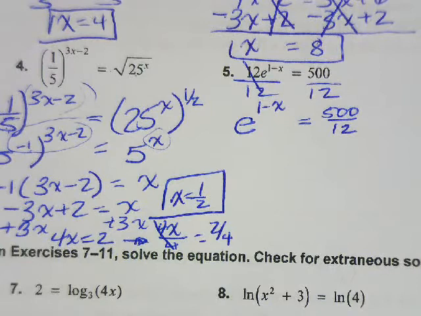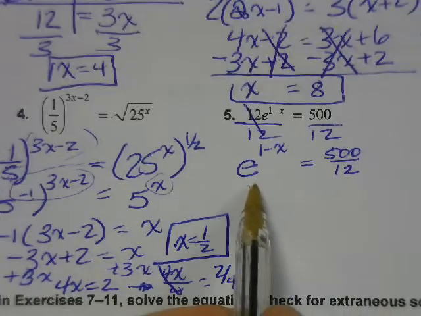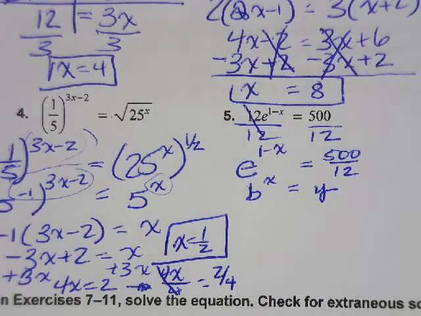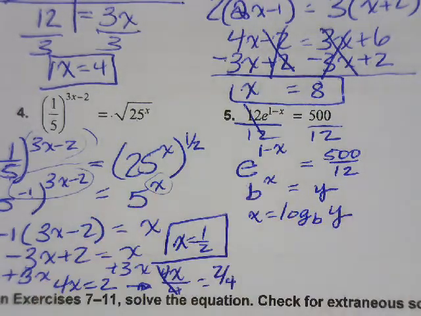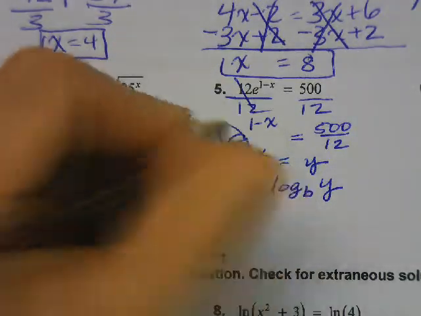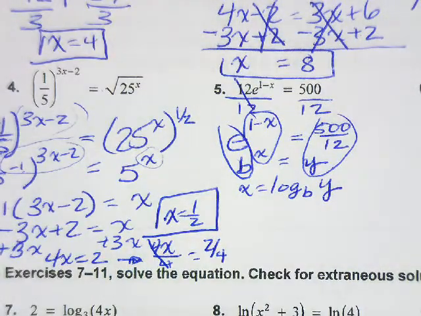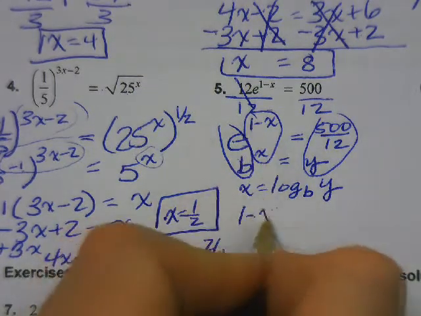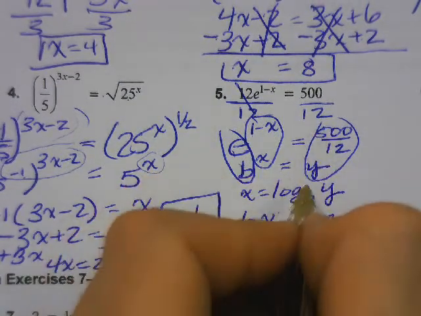Another way to write this, if this was b to the x equals y, then an equivalent way to write this is x equals log base b of y. So e is your base, x is 1 minus x, y is 500 over 12, and we're going to substitute into this formula just like number 3. So x is 1 minus x, b is the letter e, and then y is 500 over 12. Alright, log in base e of 500 over 12